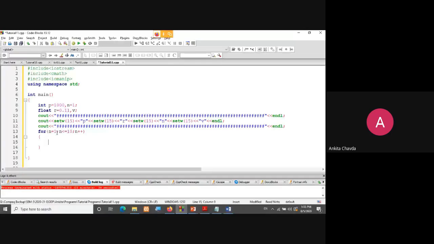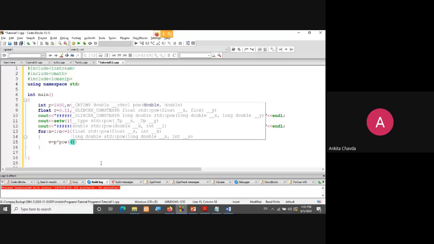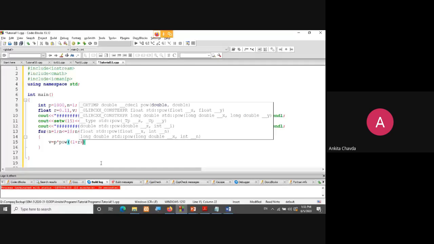Now what I want to do, even for the very first time, is v equals p into power of 1 plus r, raised to n.